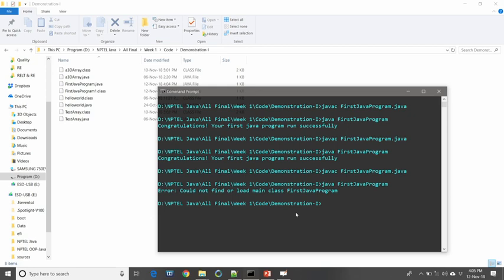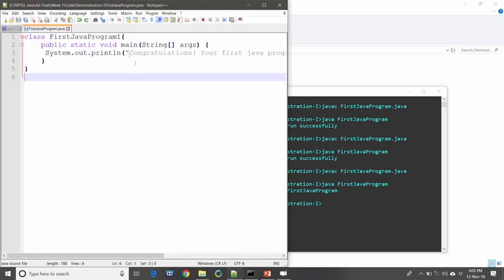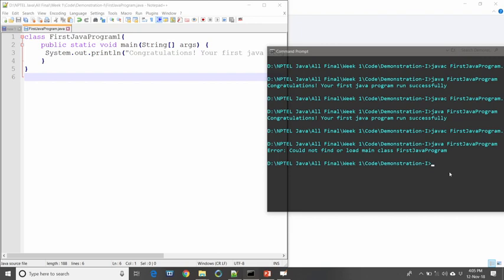Here we can see we have saved the program file with the name first Java program, but the name of the class that is there in the program is first Java program 1. So there is no match. If there is a mismatch, then the compilation will not be successful. For example, in this case we could not compile the program successfully.